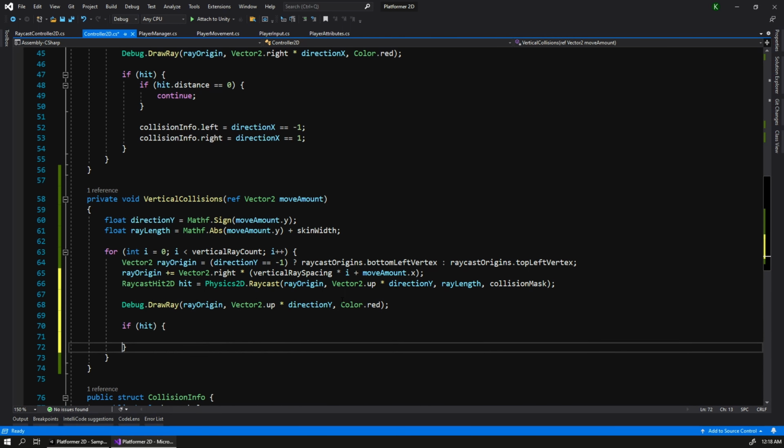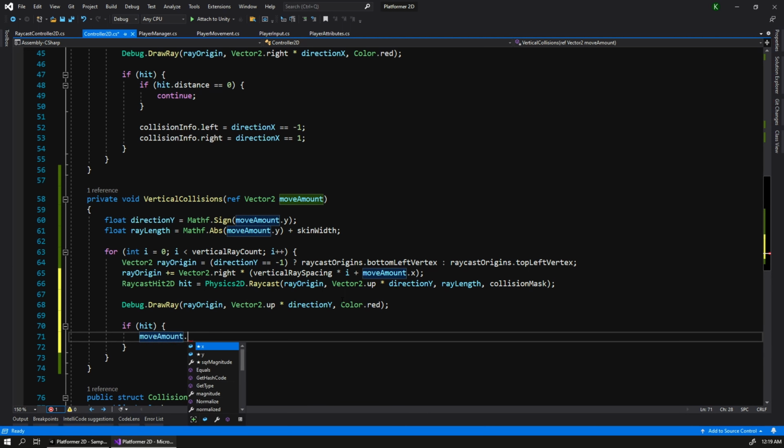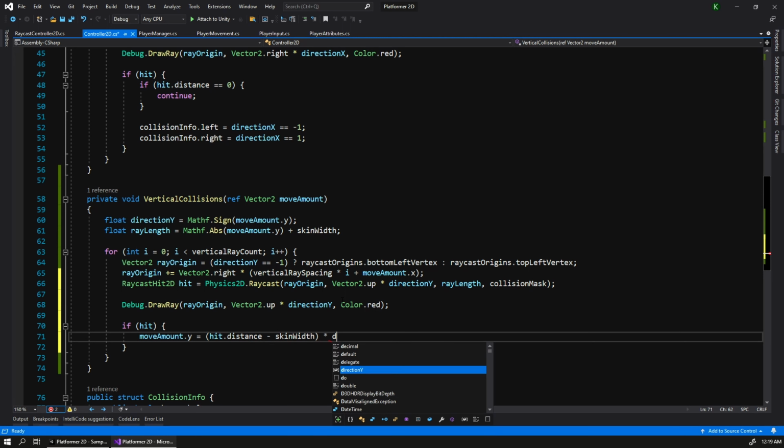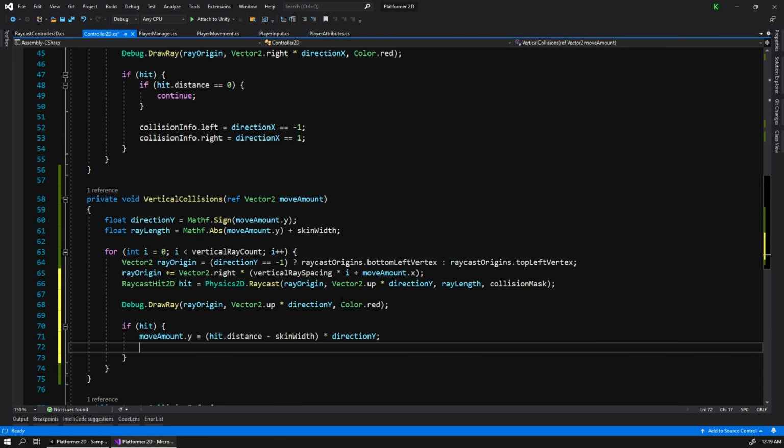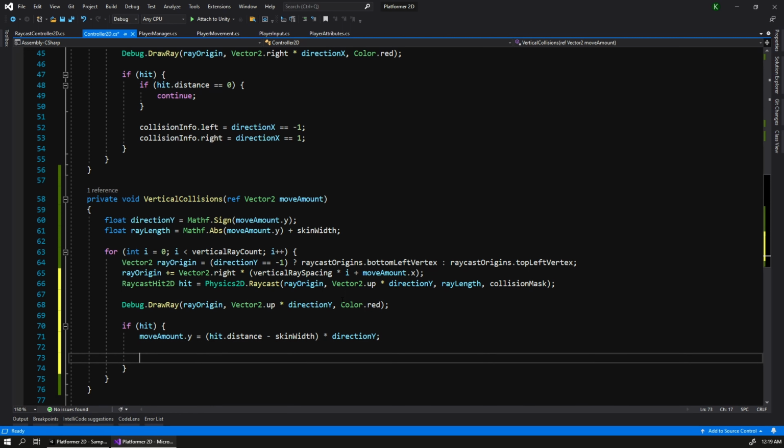And now if we detect a collision, so if hit is true, our moveAmount.y should equal the hit distance multiplied by the direction which we are facing, and of course we'll subtract skinWidth from the distance because we have been starting our rays from a little inside of our collider at a value of skinWidth, so we would need to subtract it before we pass into our y value for moveAmount. So that would take care of the vertical distance that our character can travel when it is nearing a collision,